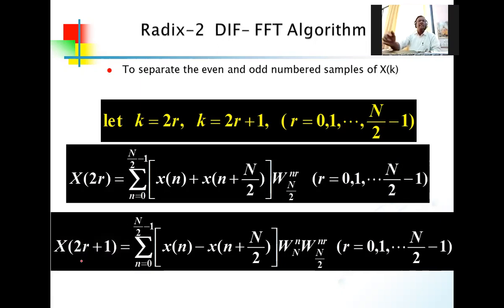Odd number we are writing x equals to 2r plus 1 and n equals to n by 2 minus 1 x of n. This -1 x of n, as the k is odd number. So if you are having -1 to the power, as k is odd, any odd value, then the value will stand for -1. So that's why we are writing it as -1. So x of n plus n by 2 omega n to the power nr divided by n by 2. So this is how we are dividing it into the even part and odd part. This is for the even function and this is for the odd function.